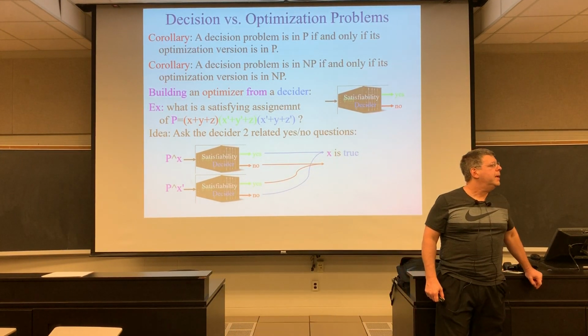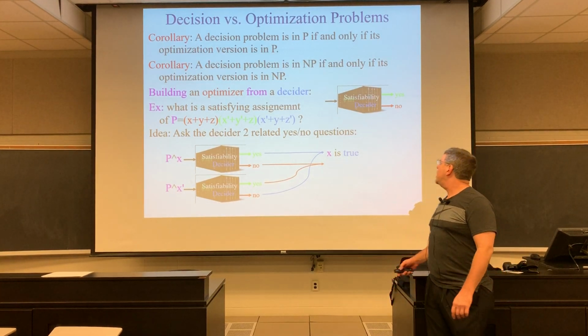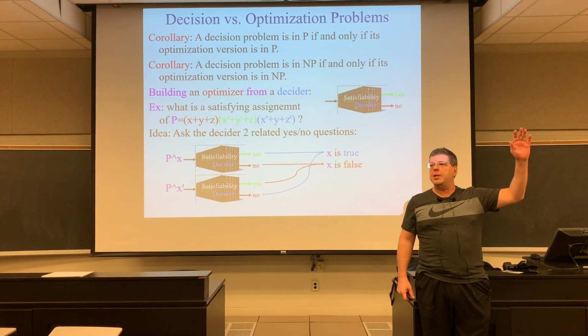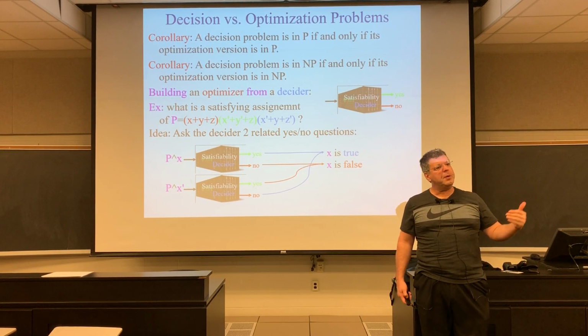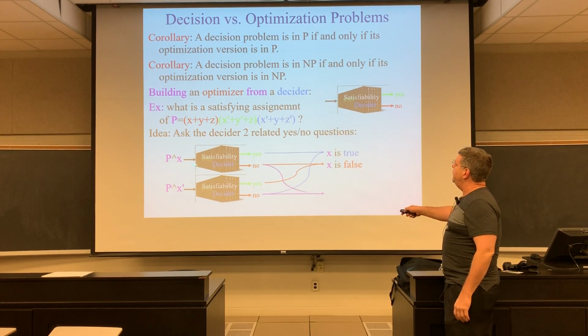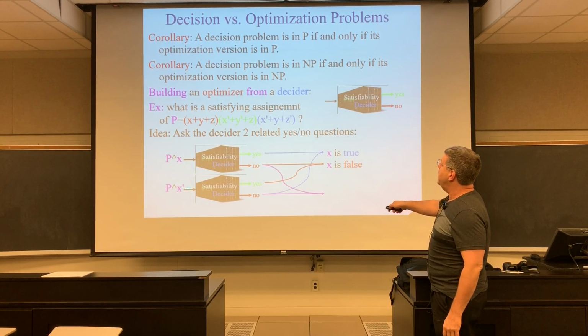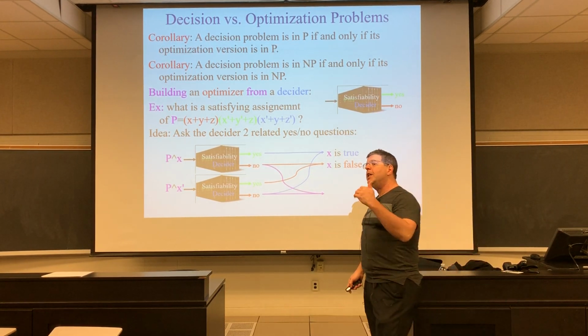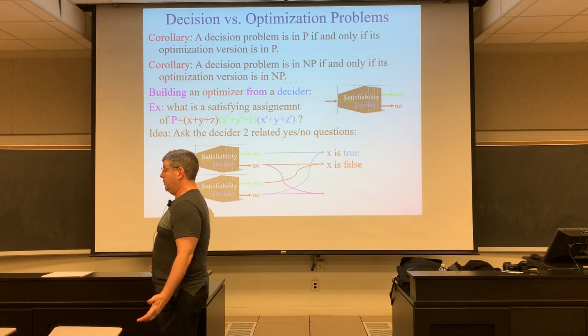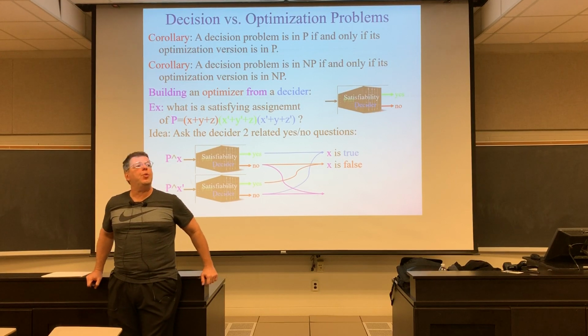See if X must be false in some satisfying assignment. How many understand it so far? Okay, pretty straightforward, right? And of course, there's other cases. What if it says P and X is not satisfiable and P and X not is not satisfiable either? That'll be weird, but what if you get these two answers back as no and no